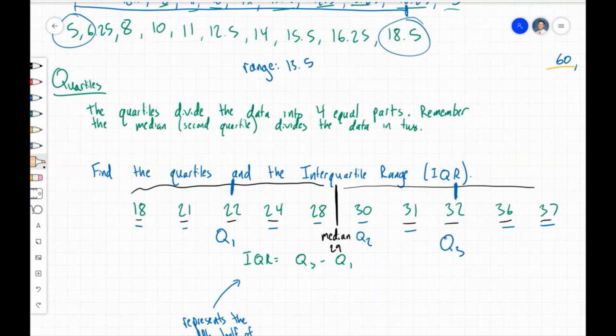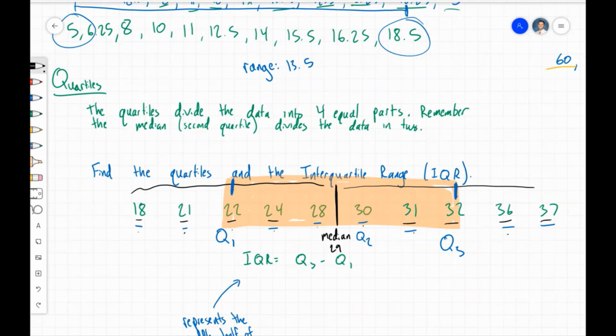And you can see from here to here is the middle half of our data. We have a total of 1, 2, 3, 4, 5, 6, 7, 8, 9, 10